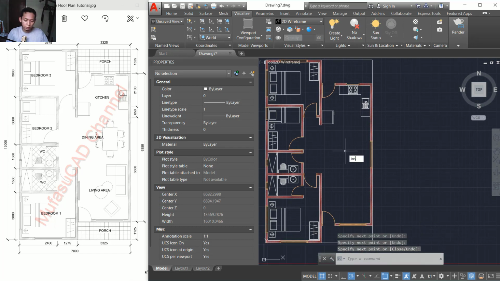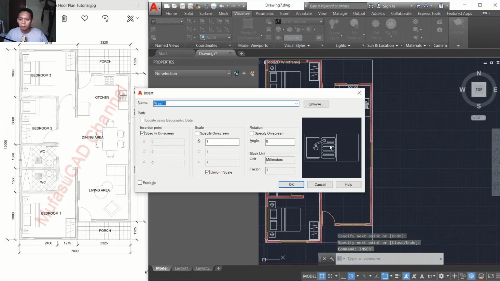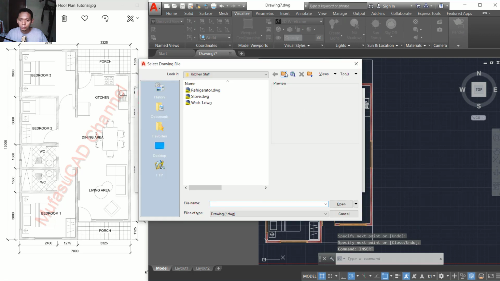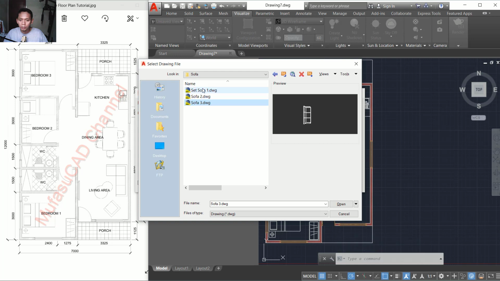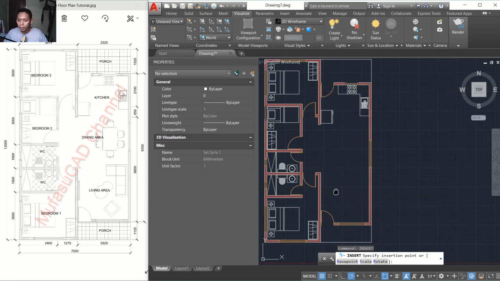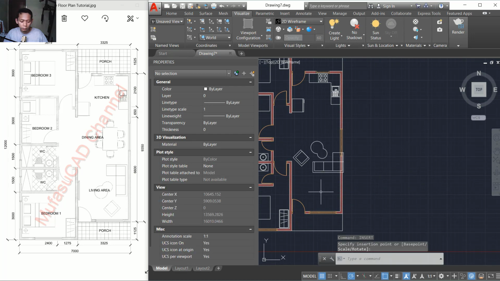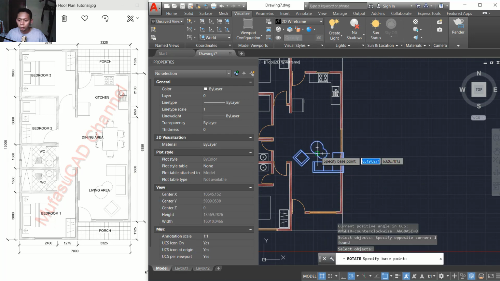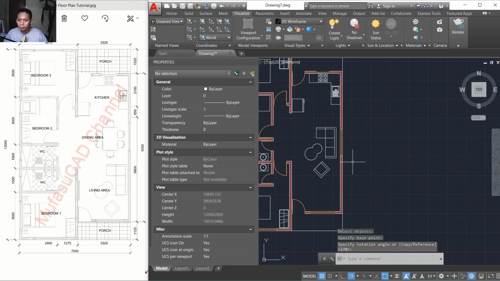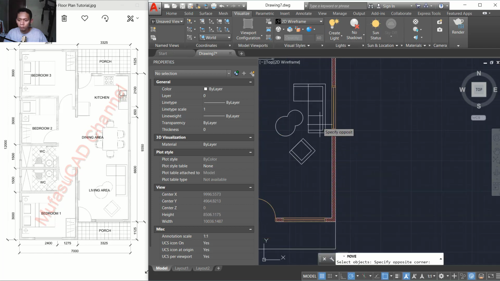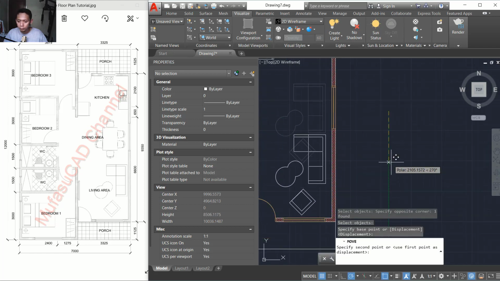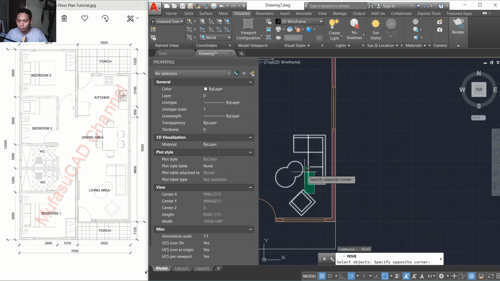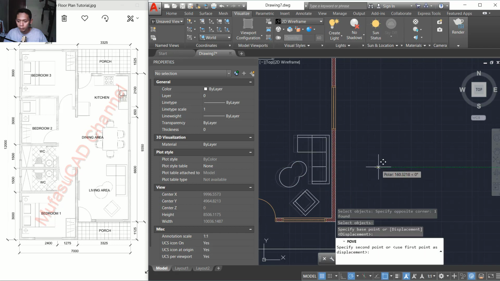Next we insert for a sofa. Okay, you can browse, use this sofa. Okay, I will use this block, open. Okay, and I will click in here. We use rotate command to rotate this object. Okay, and move to the bottom here. Let's move to the left, to the right here. Okay,